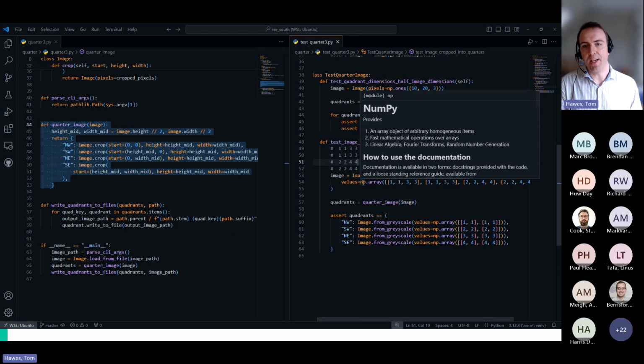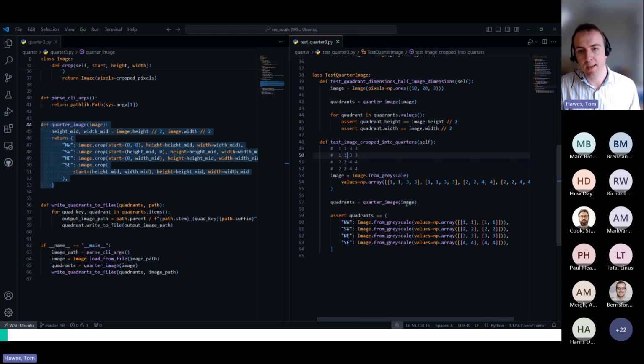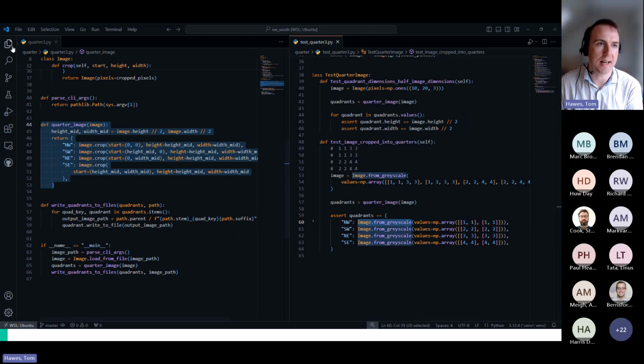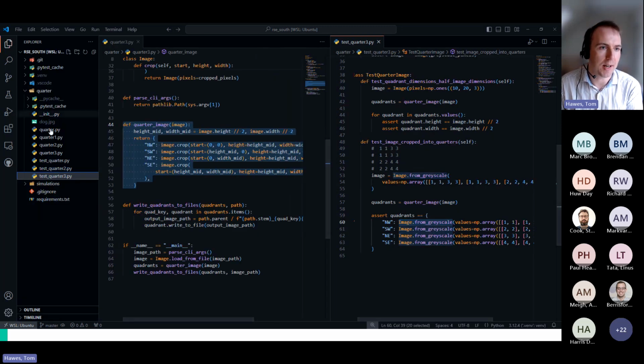So I've built up an image with this kind of block structure, and then I'm basically asserting that each of those quadrants has the 2x2 block structure that I started with. But I'm trying to express the tests in terms of this high level language that I was creating. If I very quickly look at